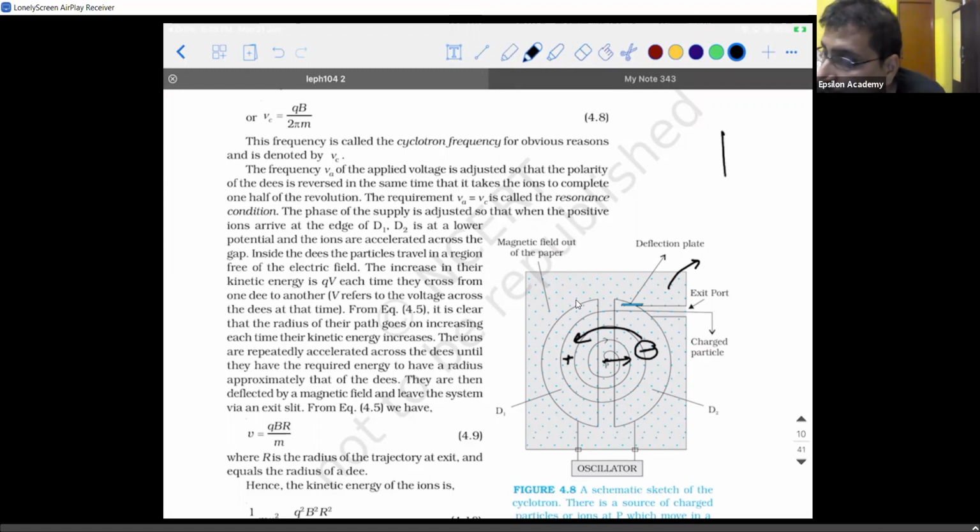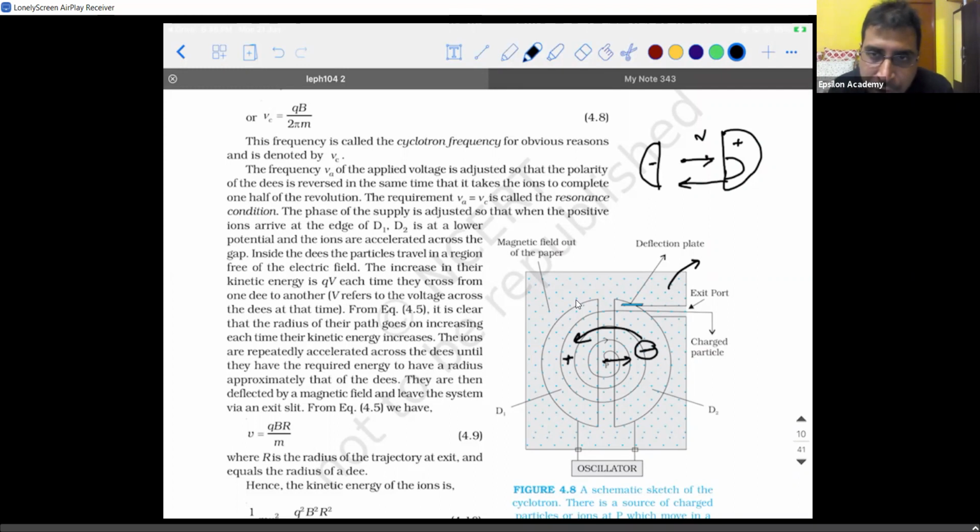See, first, as soon as the charged particle goes in this direction, it is getting velocity in this direction, which was initially at rest. Due to this velocity, which is perpendicular to the magnetic field, the particle starts moving in a circular path. Right? When it is in the circular path, by the time it completes half a circle, you need to make this negative and this positive, so that the particle is going to experience more force. Why more force? Because initially when it was at rest itself, it got some value of acceleration. But now it is already in motion and there is a force existing. So its velocity will increase even more.